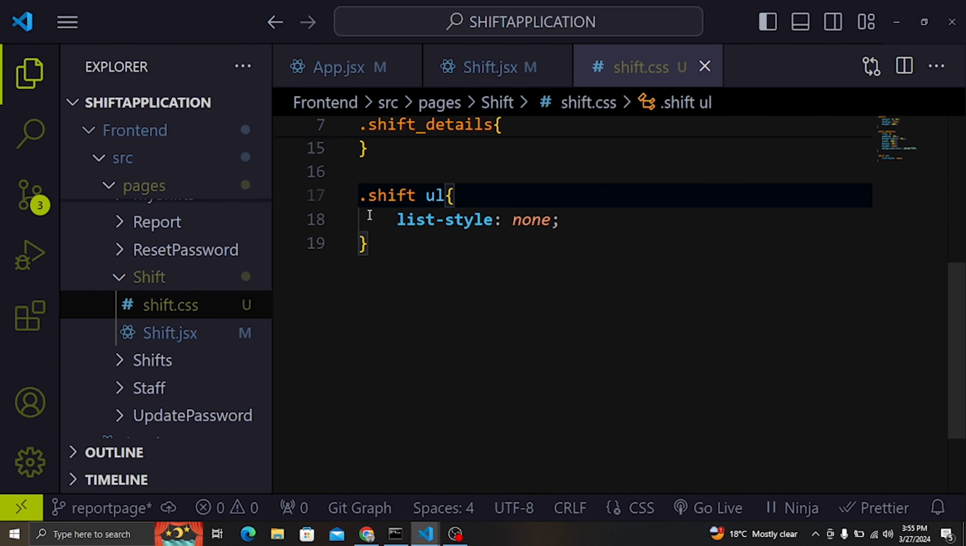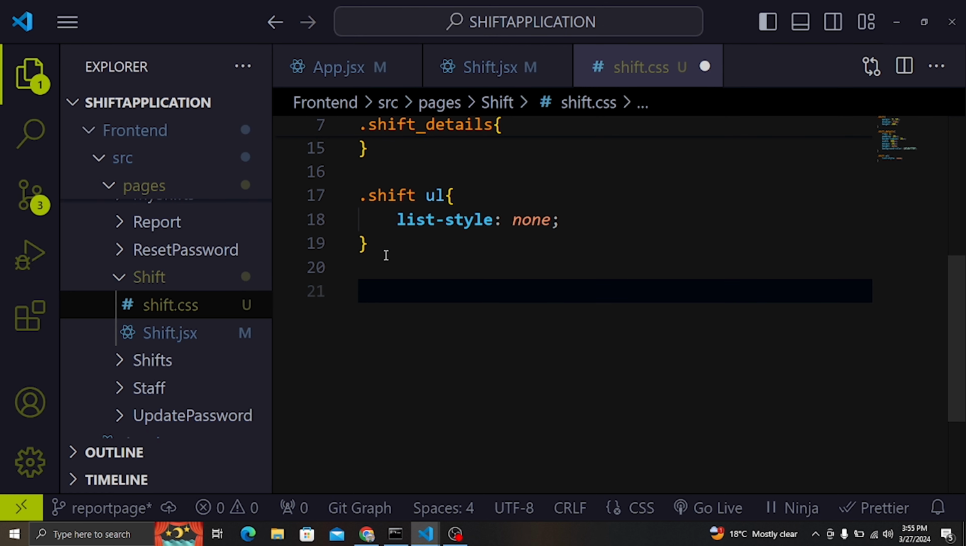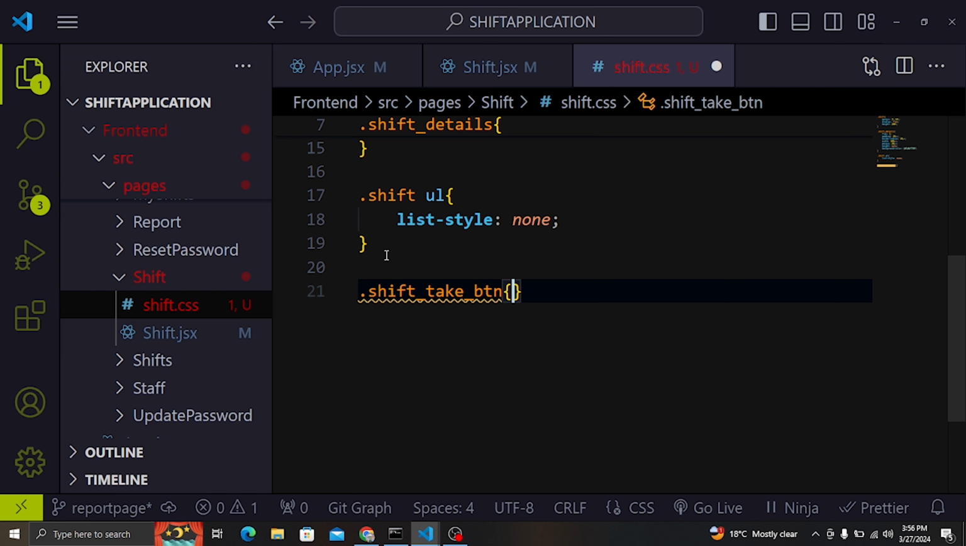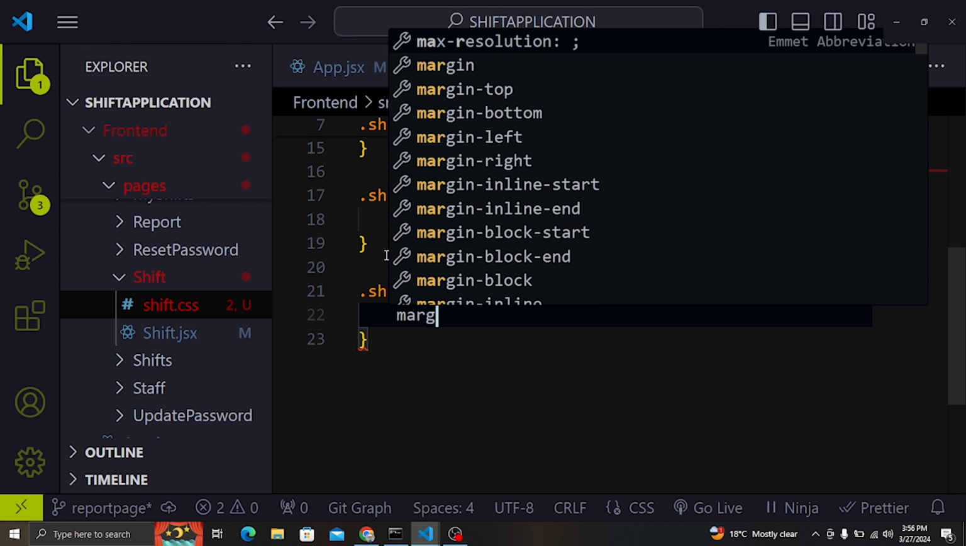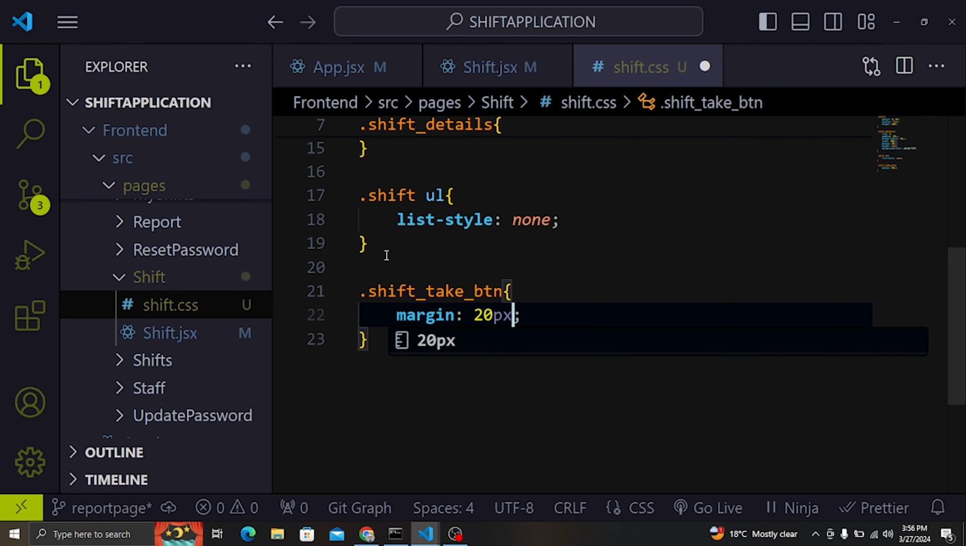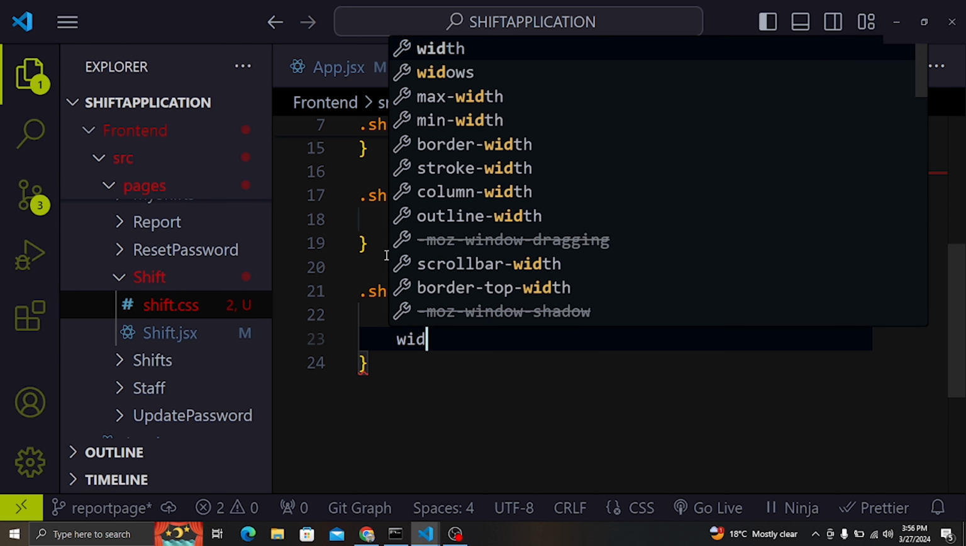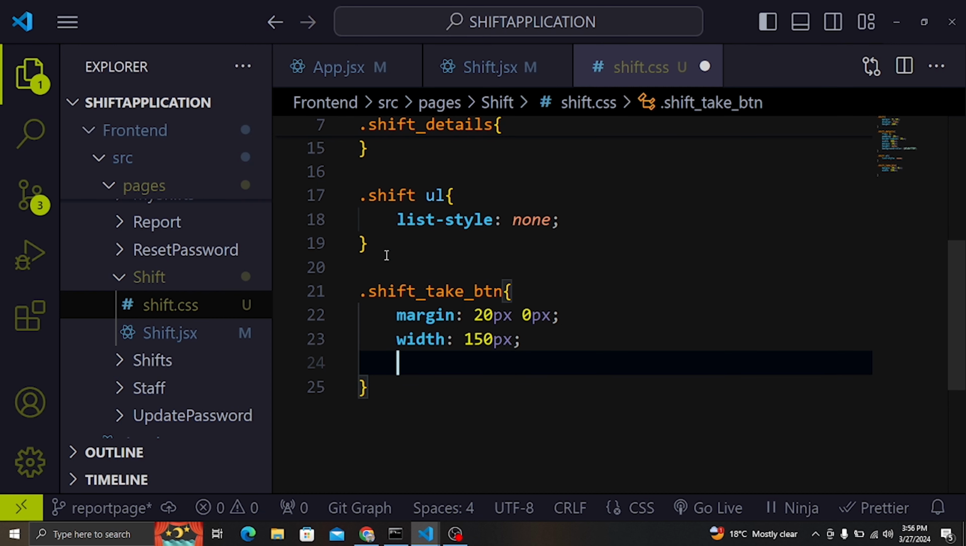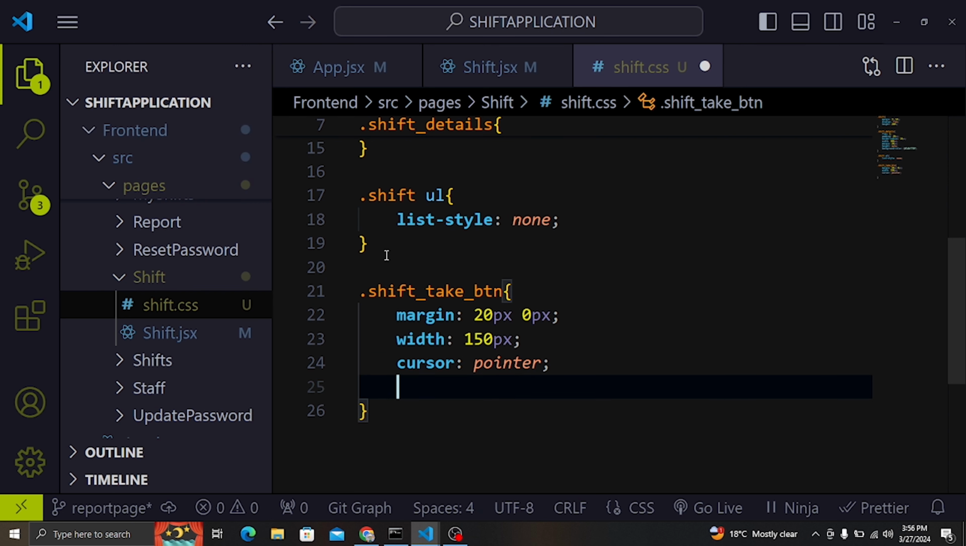So that is it. I'm also going to style other parts, like this part that we are calling shift take button. So I'm going to style shift_take_btn, and in here I'm going to have a margin of 20 pixels and 0 pixels, and a width of, let's say, 150 pixels, and also a cursor pointer. Also I'm going to give a font weight